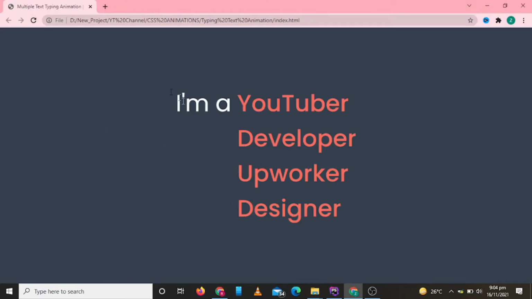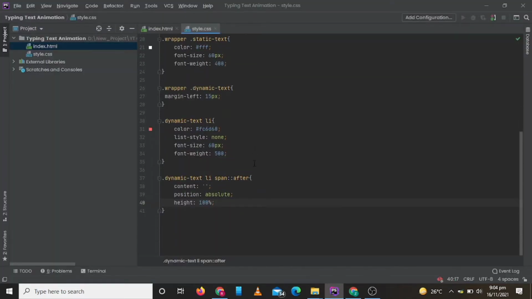Now let's check how it is looking. So it is looking good. Now let's write CSS for our span element.